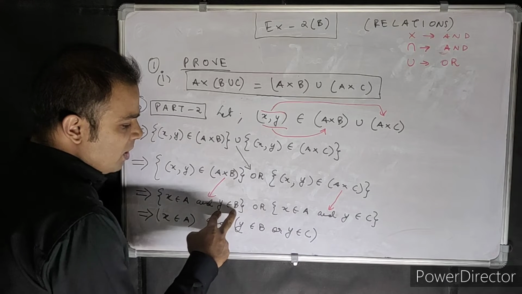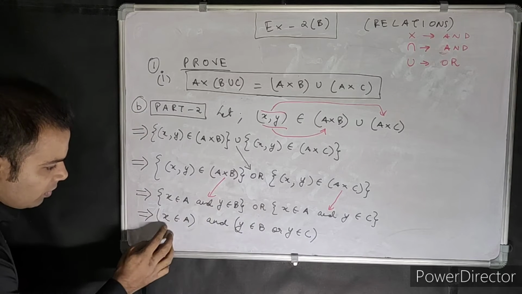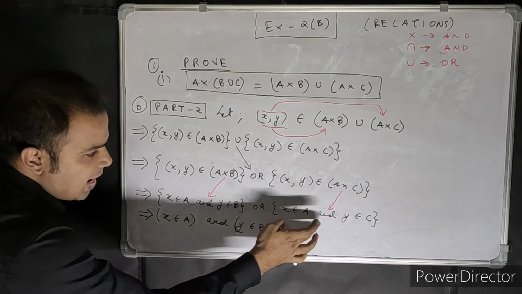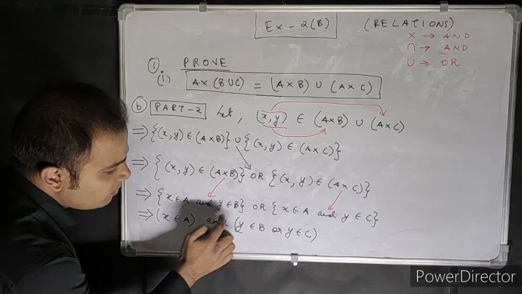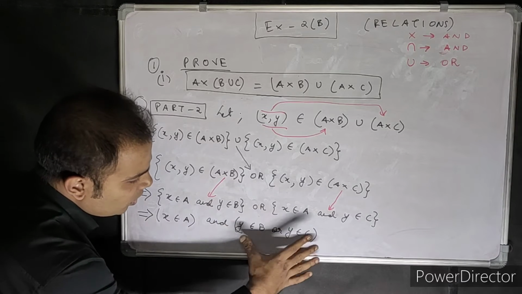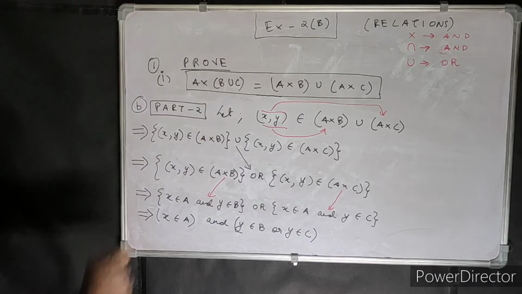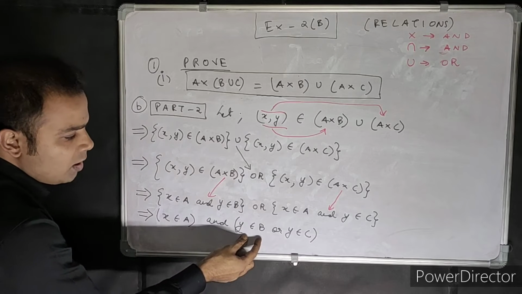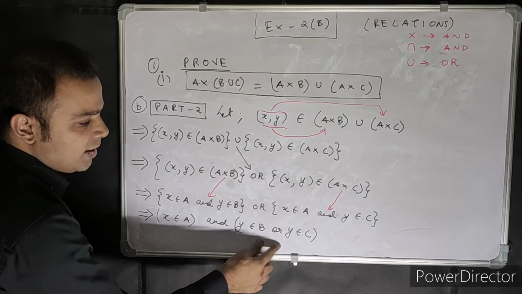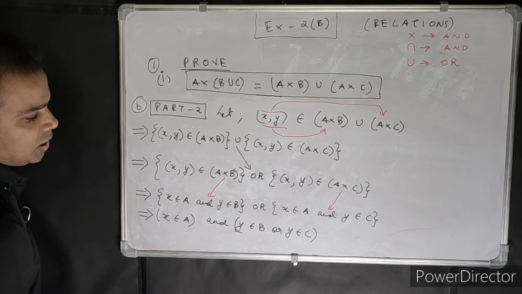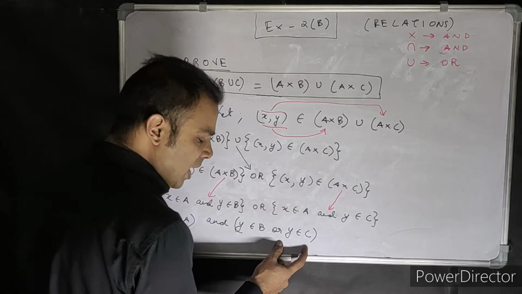Now I did that Y belongs to B. Okay, first I have to show this and. First of all, X belongs to A. Then I took these two ands and put it over here. And Y belongs to B, or, I took this or, put it between them and made it Y belongs to C. Look how it is, B union C. Y has to belong to B or Y has to belong to C. It cannot become Y belongs to B and C. If it becomes an and, then we'll have to put an intersection. But we don't have intersection, we have union. So it has to be that Y belongs to B or Y belongs to C.